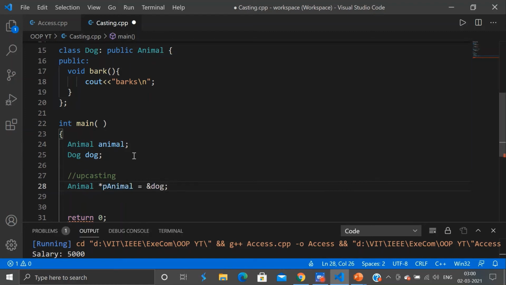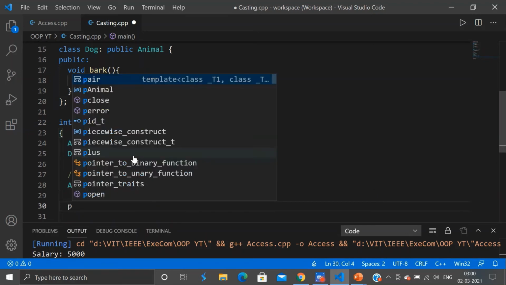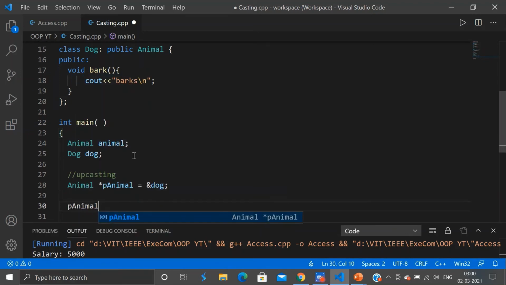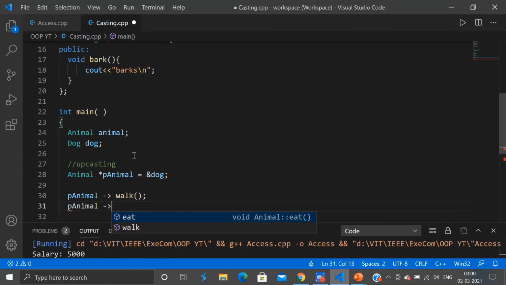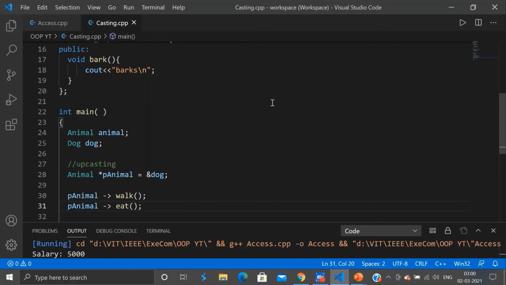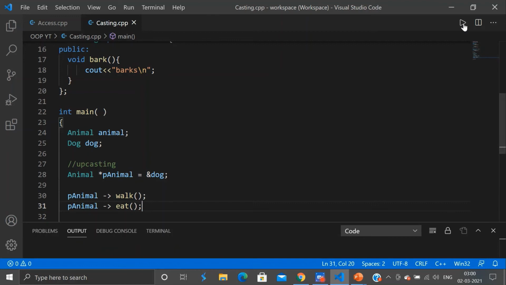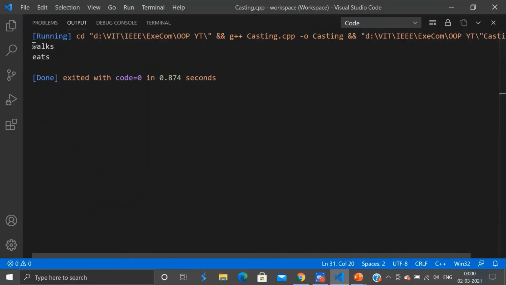And once this is done, I will use this parent pointer to call my method, that is walk, and eat. So now when I run this, I can see that both the methods are successfully called.